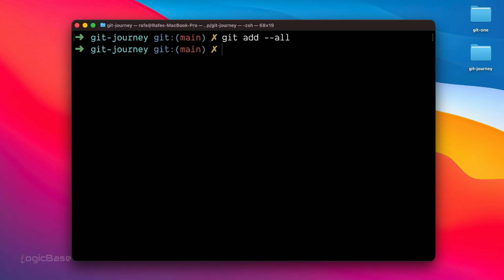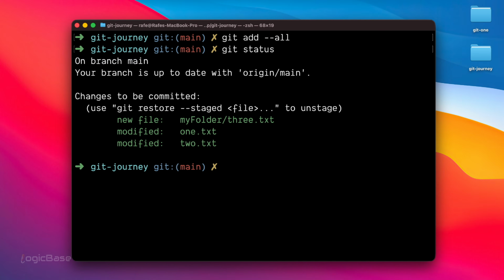After running this command, I will check the status again by typing git status. Now we will see that Git has staged everything. In other words, all the changes we made are now ready to commit. We will talk about commits in detail a bit later. For now, just remember that when you use git add --all, Git takes every change and prepares it for the